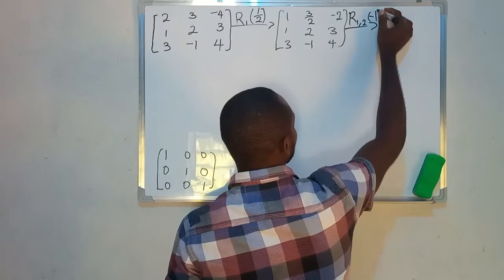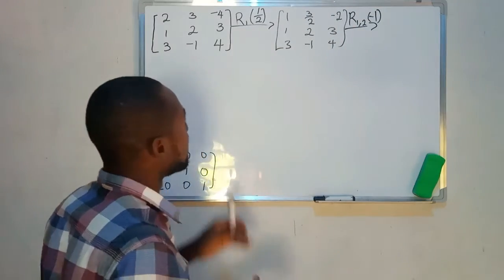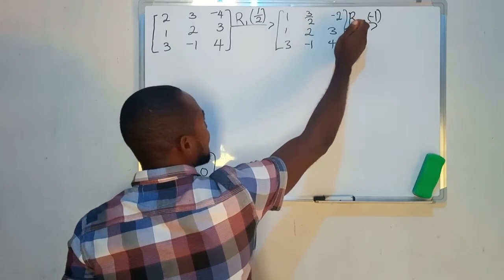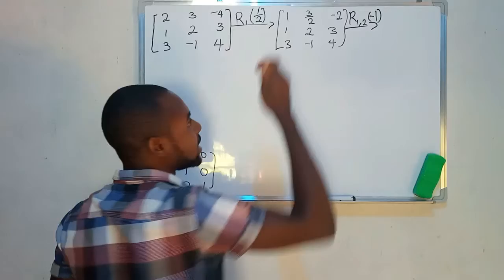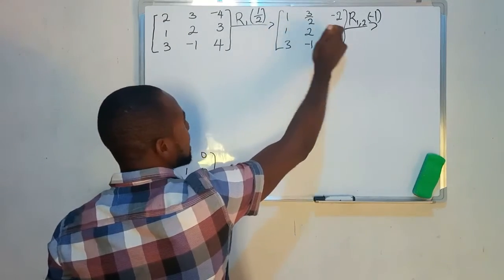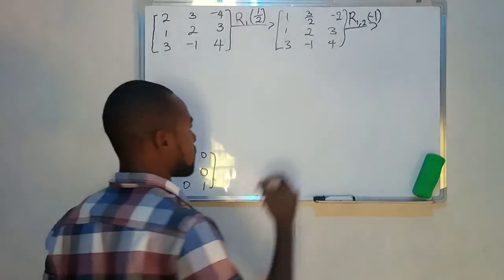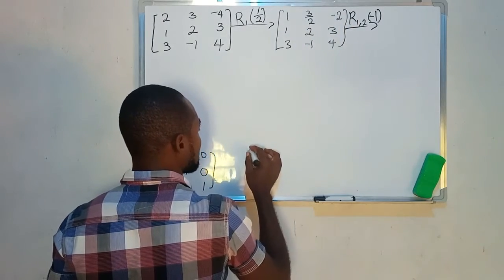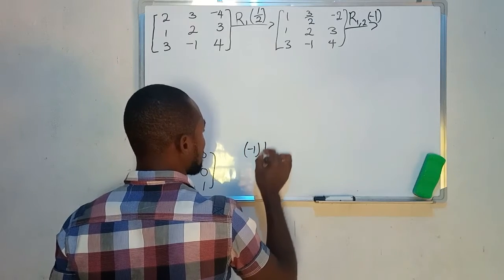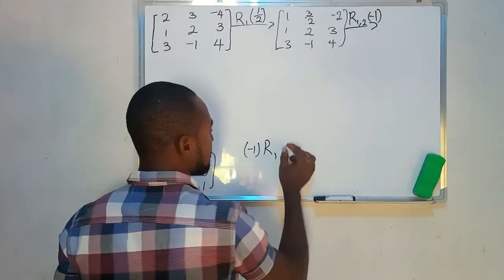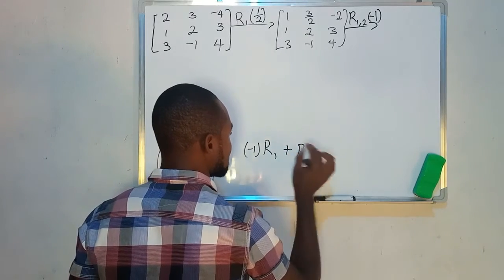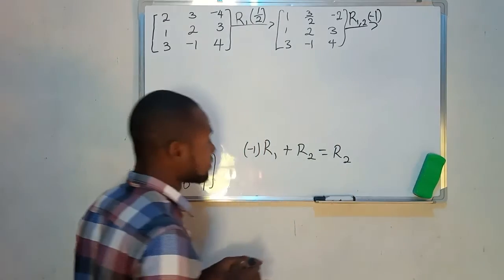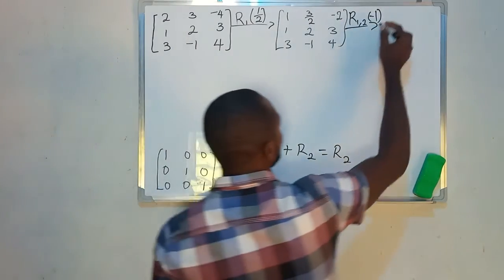minus 1. So what we do here basically is we use minus 1 to multiply every number in the first row and then add it to the numbers that are in the second row, and that will give us the new second row. So what this means is minus 1 times all the numbers in the first row plus the numbers in the second row, and that will give us our new second row. And so we'll be doing that, and that will give us